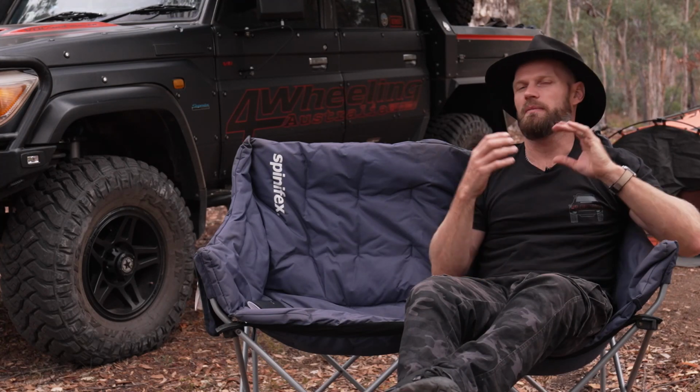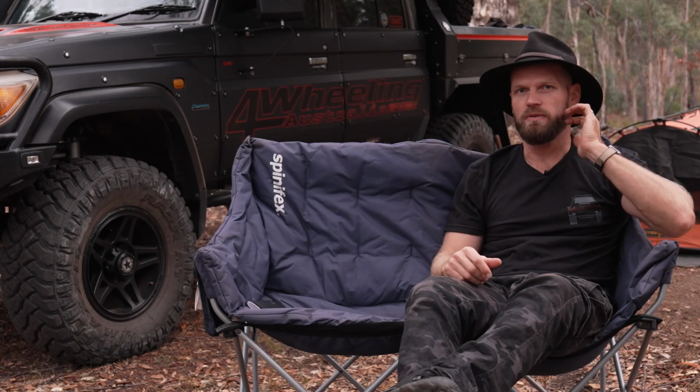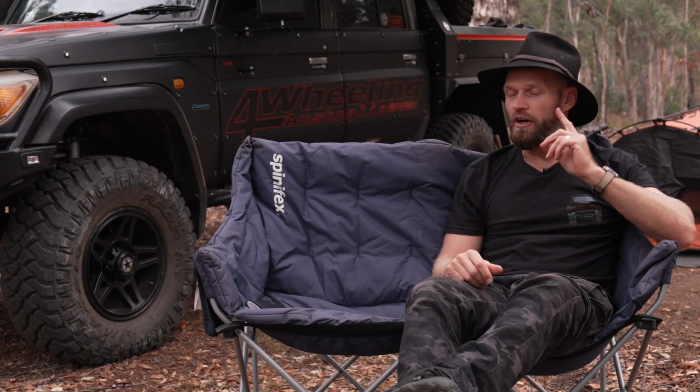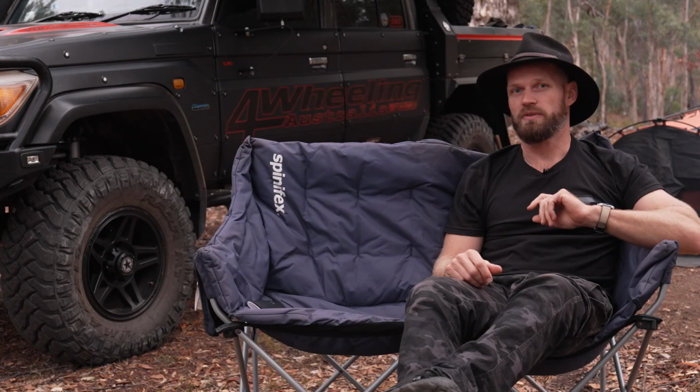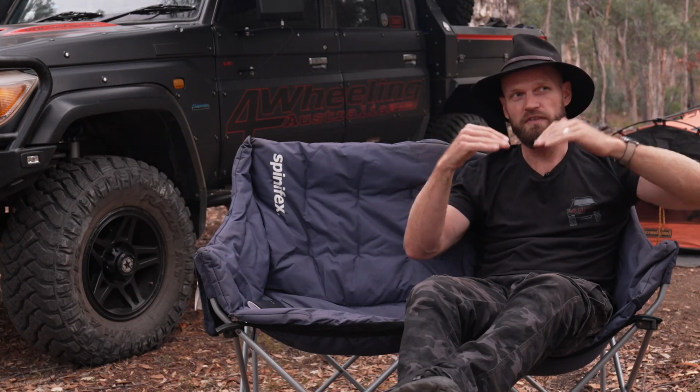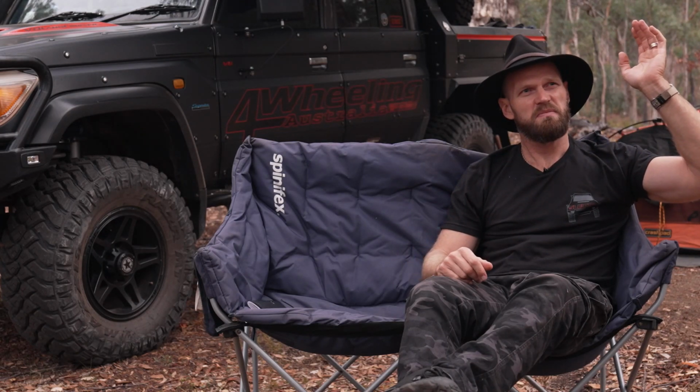I just don't like that amount of weight on top of my vehicle. Four-wheel drives are pretty high as they are, so I wouldn't want that on it. The only time I would ever do it on a vehicle would be a troopy, because you're doing a roof conversion. You're cutting the roof off, you're chucking that away. So there goes